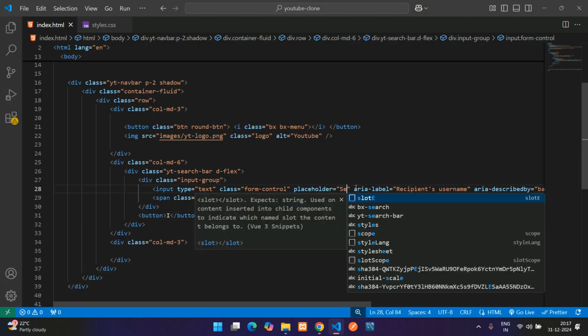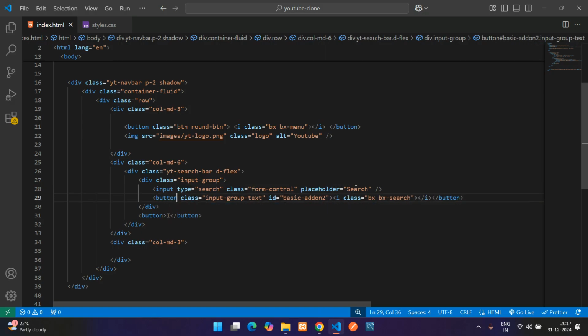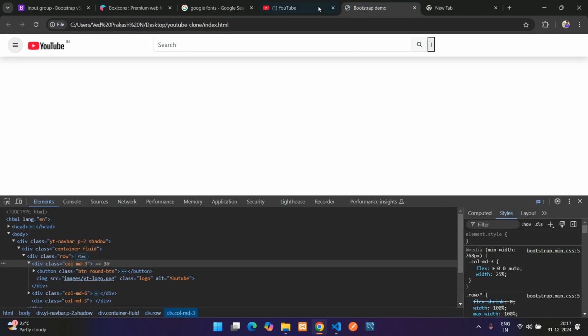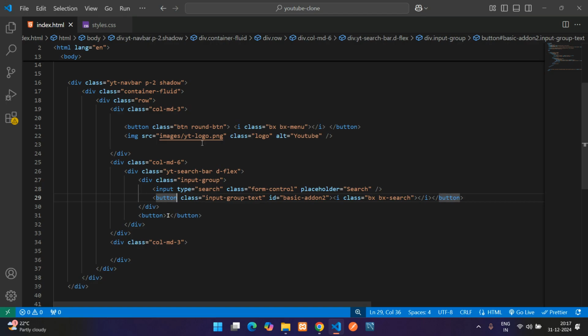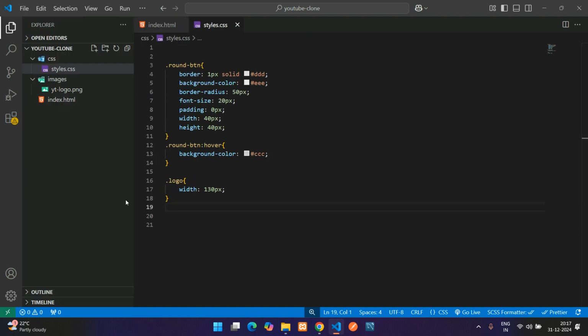first I will change the placeholder to search, and this input will be search. And also you can remove this unwanted codes which is not required. Let me end this, and instead of this span you can make it as button because it is a button actually. So yep, now if you refresh, so it's the same. Yep, now copy this YouTube search bar, get back, so paste it,